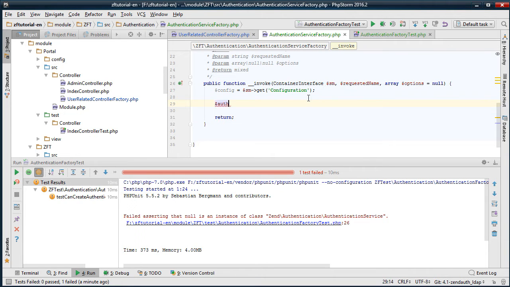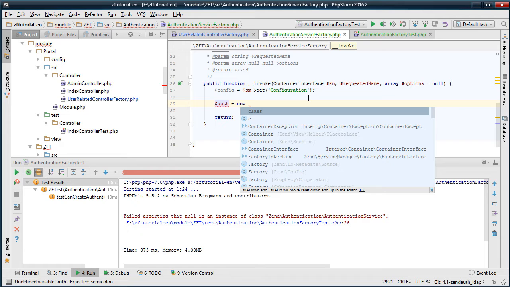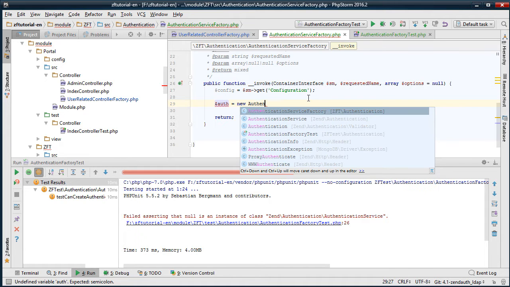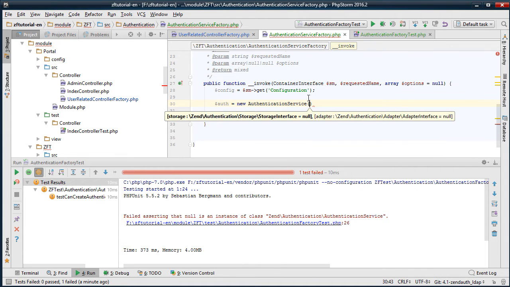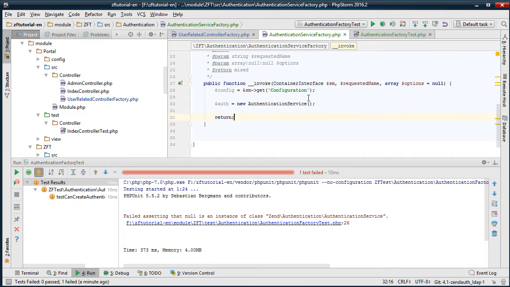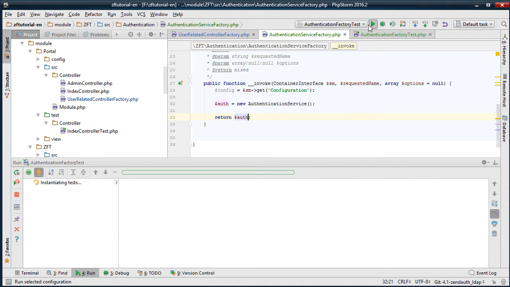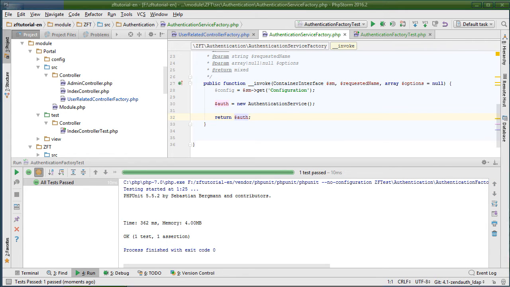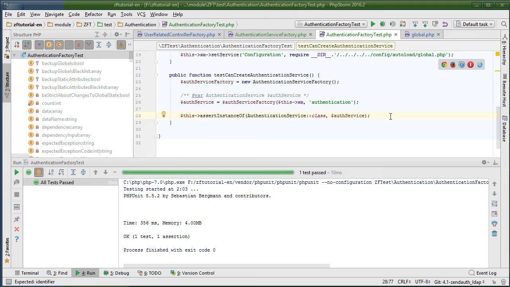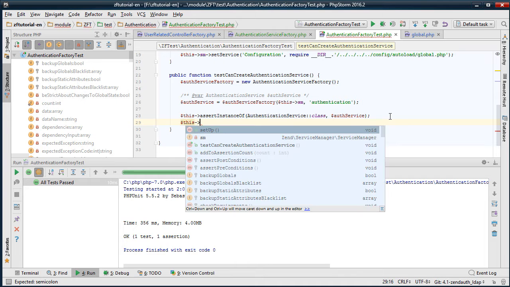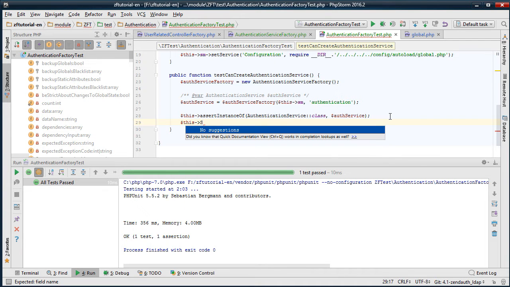We'll make authentication, new authentication service from Zend, return it, and at least that much should now pass. In order for authentication service to do its job, it needs to have an adapter of what we are authenticating against. So this, we're going to assert